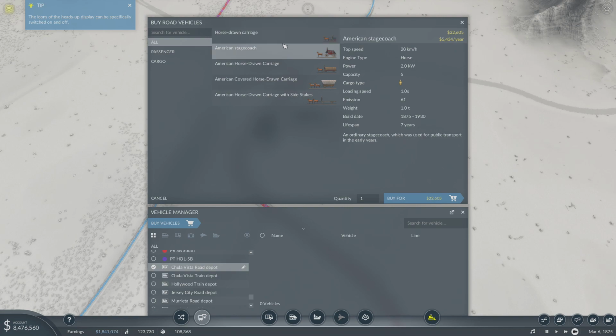And how does it compare? Well, it is twice the power, and that's essentially that we have an extra horse. 2 kilometers per hour faster. Capacity is 1 higher. Emissions are a little bit better. Same weight. So, this is definitely an upgrade from the old passenger cars, and it would make a good opportunity